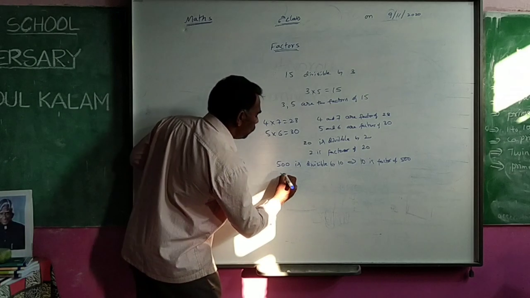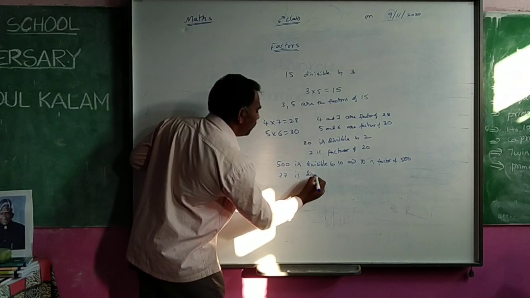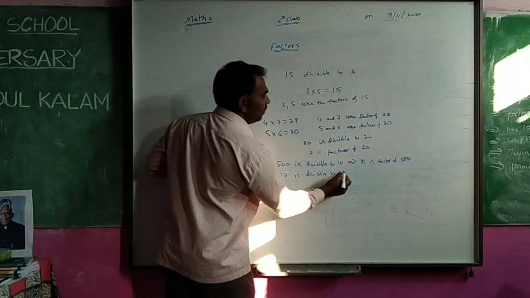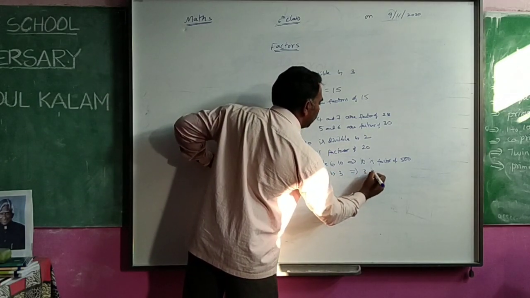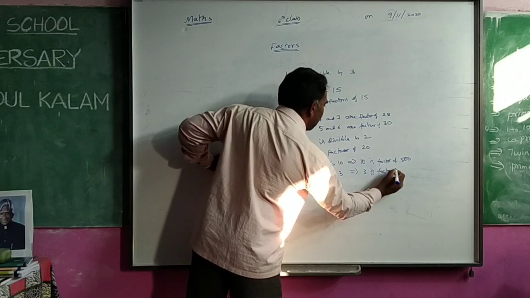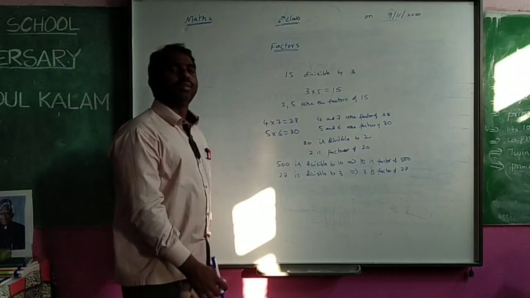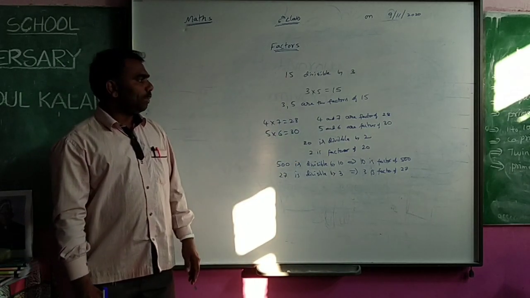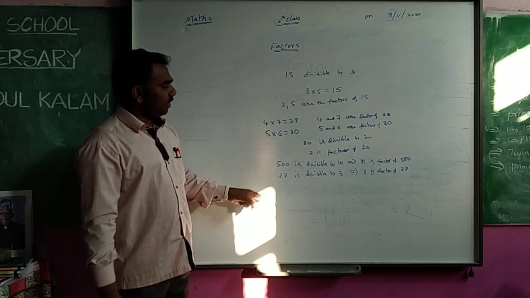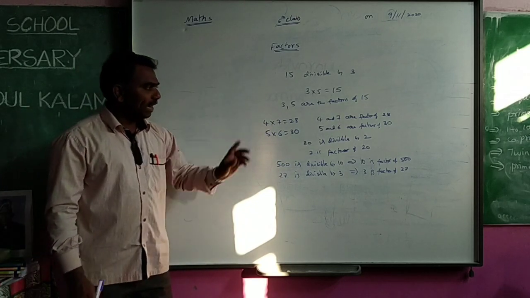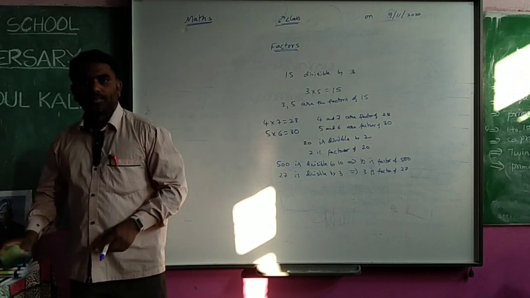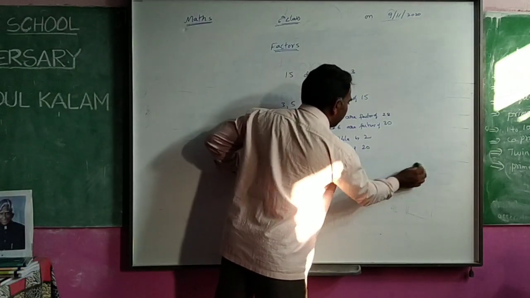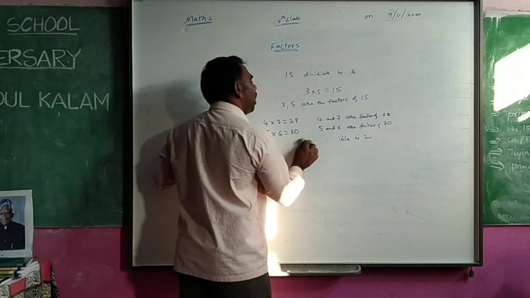You know that 27 is divisible by 3 because 3 9s are 27. So 27 is divisible by 3. So what can you say? 3 is a factor of 27. So this is the meaning of factor. Better to pause the video and write down all these under the heading factor in the notebook. Pause the video and write it. Then afterwards I will tell you how to write all the factors.